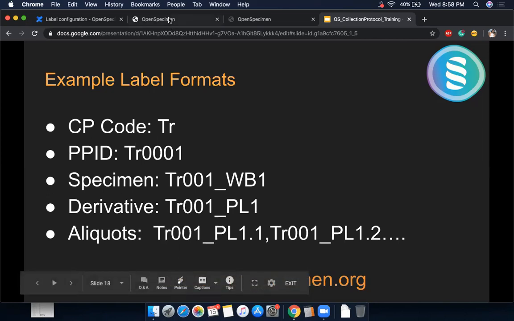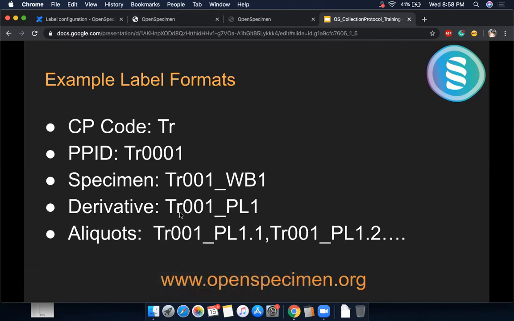So just to clarify, you have two options. Option one is you let OpenSpecimen generate unique IDs for your patients and specimens, which you can print when you integrate OpenSpecimen with your printer. The second option is you don't let OpenSpecimen generate them for you, but you scan them in because you already have pre-barcoded tubes. Both options are possible.